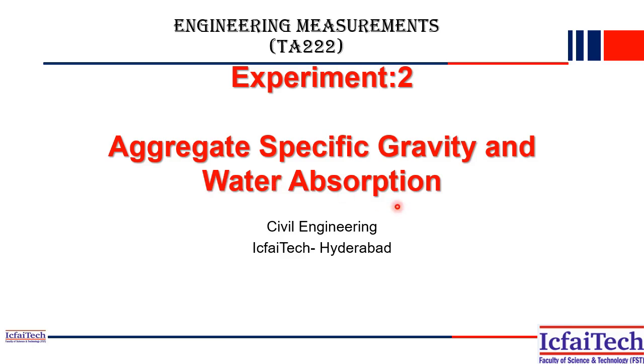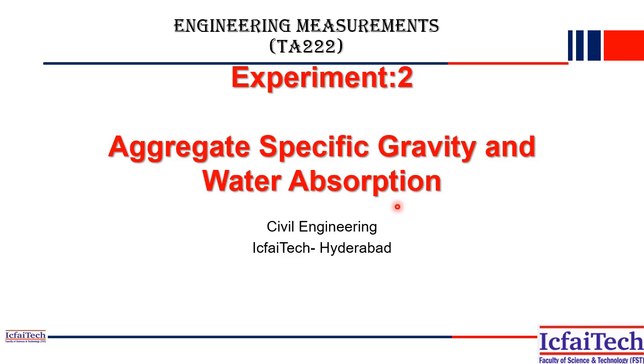As we discussed in our last lectures, for civil engineering construction we use aggregates extensively, whether in concrete beams, columns, or slabs. In many places aggregates are used extensively, so before using them we have to understand their properties thoroughly. That's why in the last lecture we discussed the aggregate shape test using the flakiness and elongation index, to find out which type of aggregate is suitable for construction.